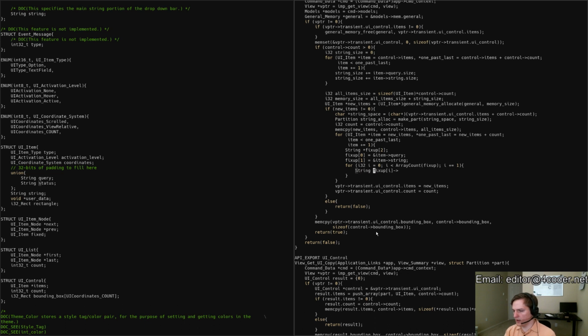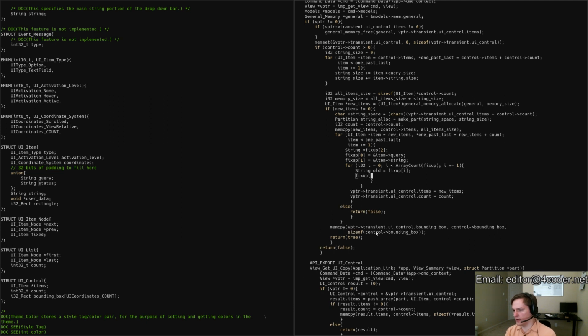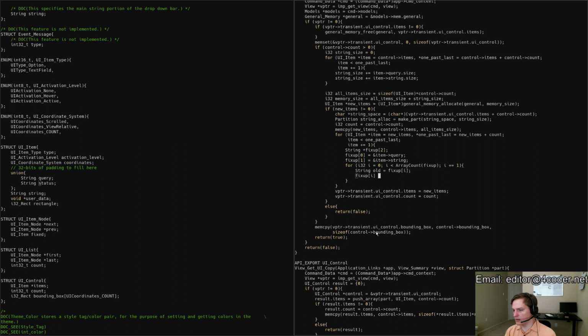We grab a copy of fix up I, and then we say that fix up I equals string copy, or push string copy onto the string allocator, and we copy the old string, right? So that way we're grabbing this that has the pointer in to the wrong place, and we push a copy